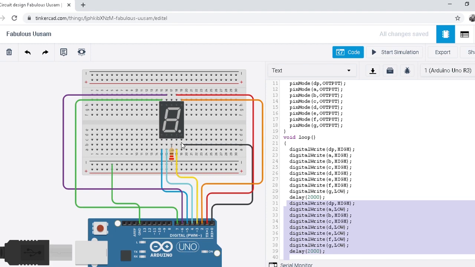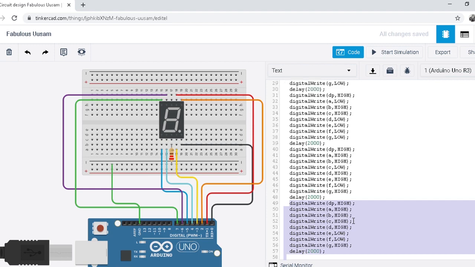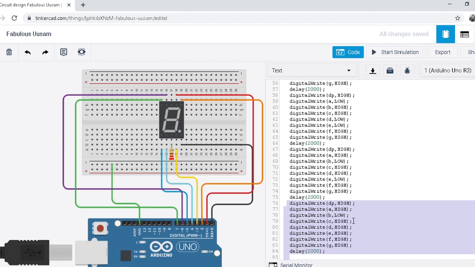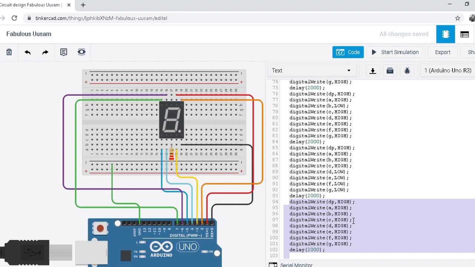So this coding is for 1, this is for 2, this is for 3, this is for 4, this is for 5, this is for 6, then 7, then 8, then 9, and that's it.